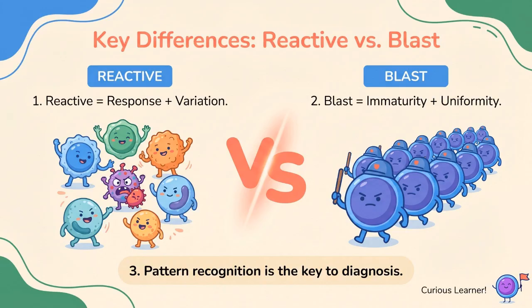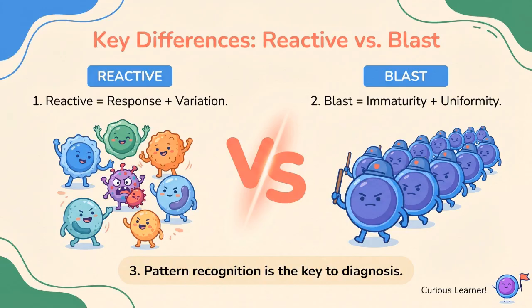You'll see a diverse population of cells, even within a single lineage, reflecting a coordinated immune effort. This variation includes different stages of maturation and a range of morphological features. In stark contrast, a blast cell embodies immaturity and uniformity. These cells are arrested at an early developmental stage, failing to mature properly, and they often look remarkably similar to one another. This uniformity is a critical indicator of a clonal population, suggesting an uncontrolled proliferation rather than a beneficial